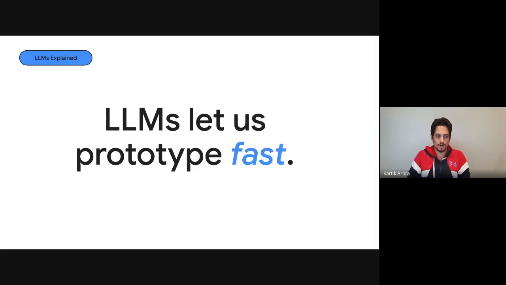On top of this, LLMs let us prototype very, very fast using AI driven applications. This is huge because building an ML powered app or AI powered app would traditionally mean that you collect a lot of information, then start the training, create a model, deploy that model, and then fine tune it for your use case.